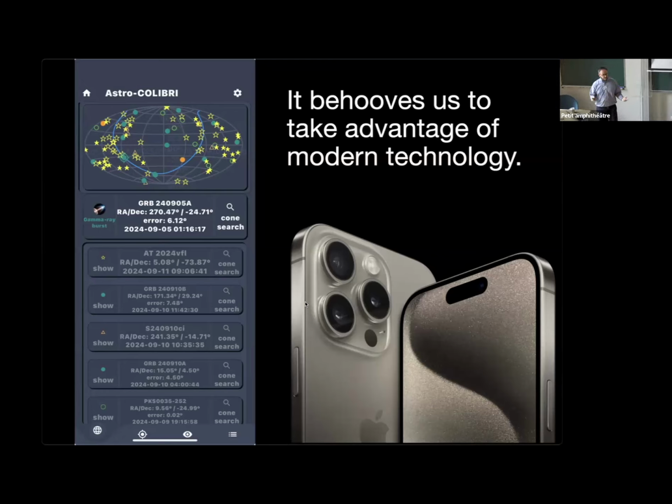We no longer have to be sitting at a computer terminal waiting for something to happen. Instead, with the mobile app and on the web, we have a huge amount of power and a huge amount of development and libraries that make it possible for us to do science in a new way. So I think it does behoove us to definitely use some of this new technology.